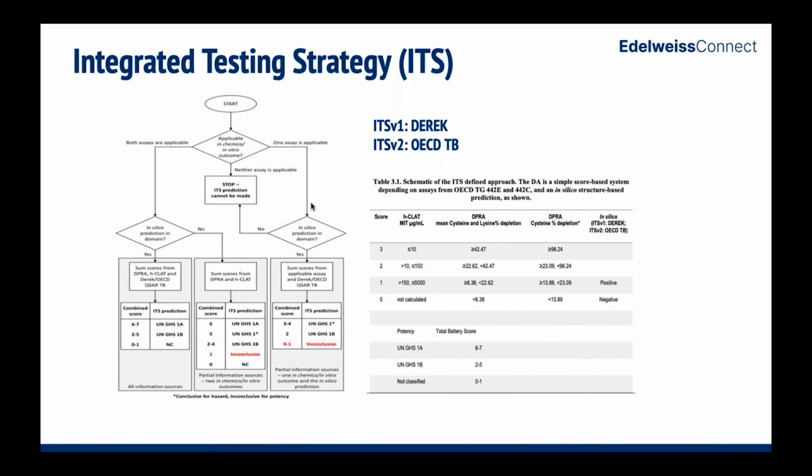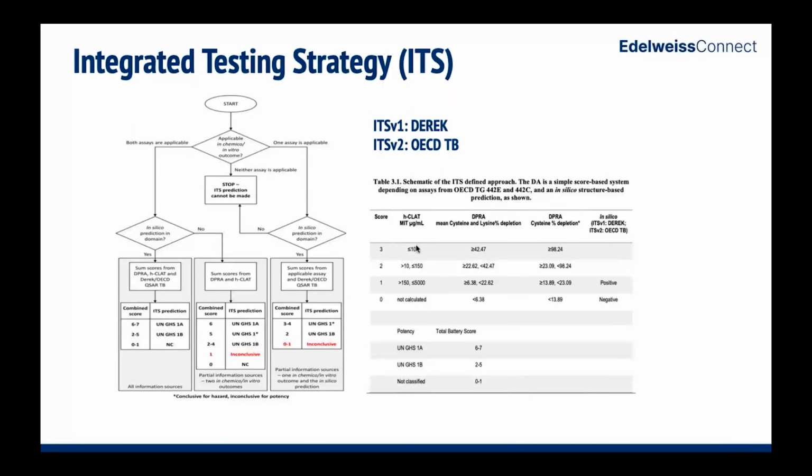There is also one more possibility in this decision tree: if only 1 assay is available and applicable and there is a result of an in silico assay, whether from Direct Nexus or from the OECD Toolbox, then the hazard assessment and potency classification could also be done. It is also very interesting that within ITS there is a very clear marking or score-based system for each